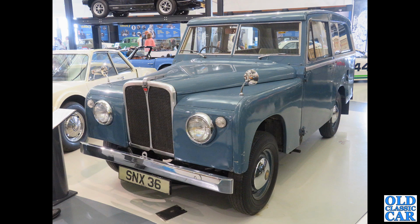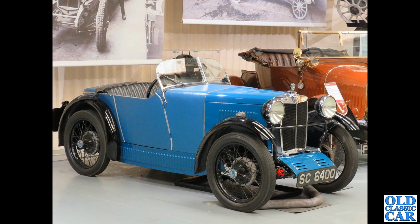Okay, SNX 36. Now this is a bit of an odd one. This is a prototype down at Gaydon, and this is the Road Rover. So even way back, Rover were thinking maybe we should be doing a slightly more road ready version of the Land Rover, I suppose, and of course eventually they produced the Range Rover. Next up,